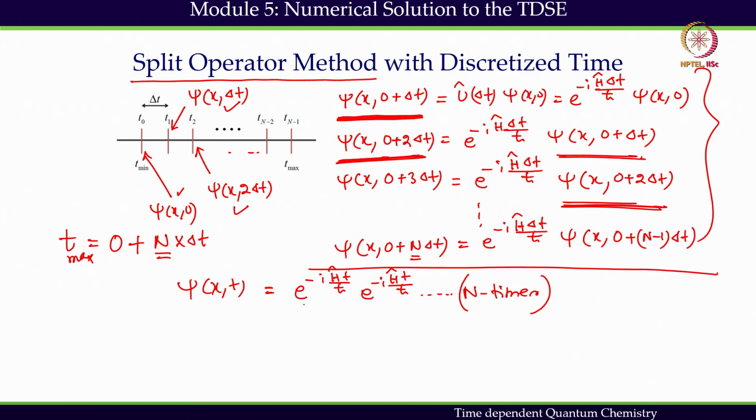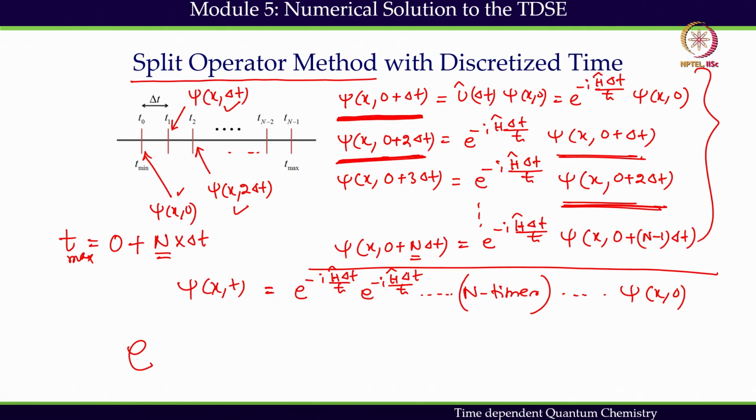So, n times I have to make a product of this discretized, sorry, this is not t, this is delta t, because already we have said that under this delta t approximation it will work. So, n times, and then I have to multiply by the initial wave function. So, that is the basic idea. So, finally I am getting a way out